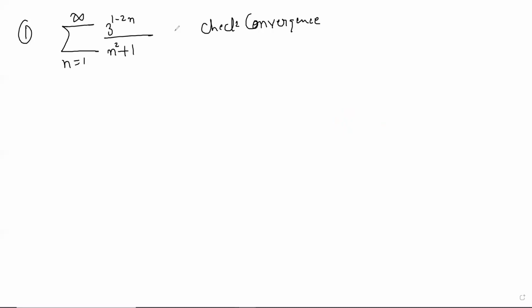Another condition for the ratio test is all terms should be positive, right? Yes, all should be positive. If all of them are not positive, then you'll have to take the mod and do the ratio test. And it's still valid, because if you take the mod of the term, we will understand this better when we do conditional convergence.